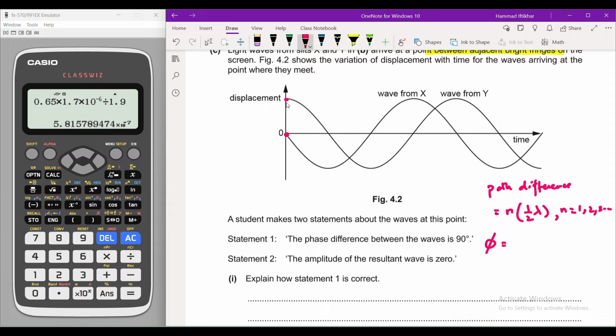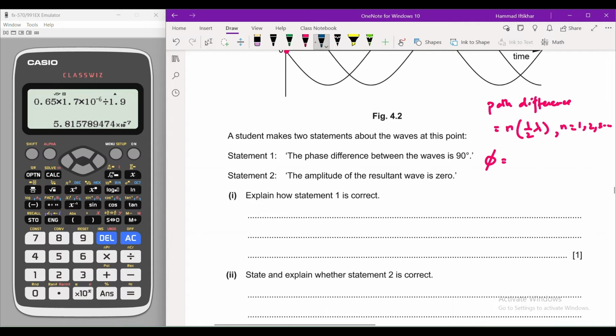So this means that they're out of phase by 90 degrees, or a quarter of the cycle. So let's write this. Waves X and Y are out of phase by 90 degrees, or quarter cycle,